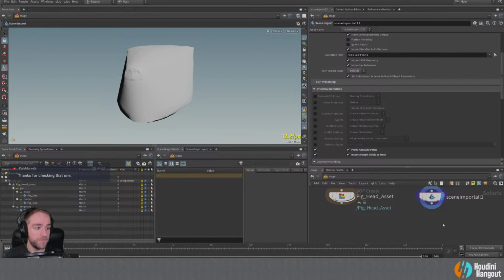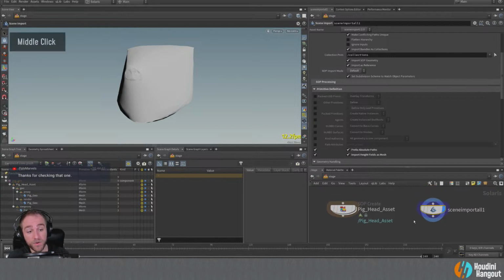So yeah, no problem. Yeah, of course. Happy to take a look at that. It's a great question too, because there are multiple ways. If you've built everything in SOPs and you want to bring it in, that's more the idea with that one, versus this being one at a time.